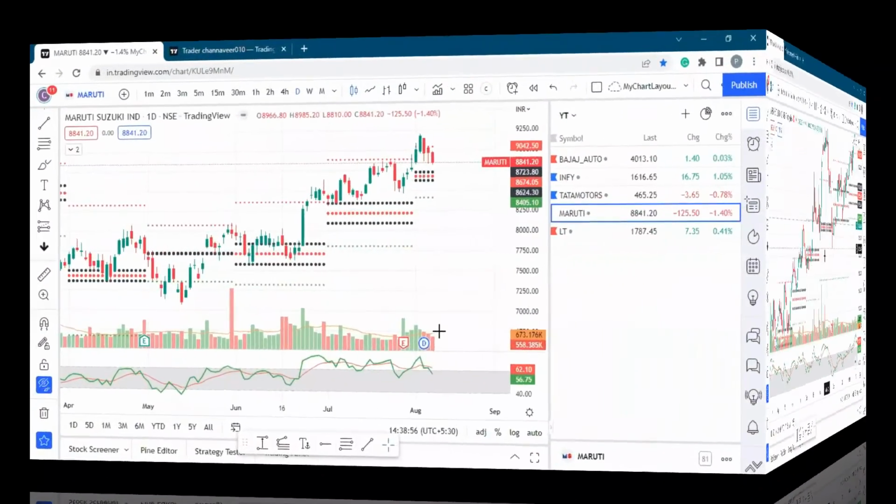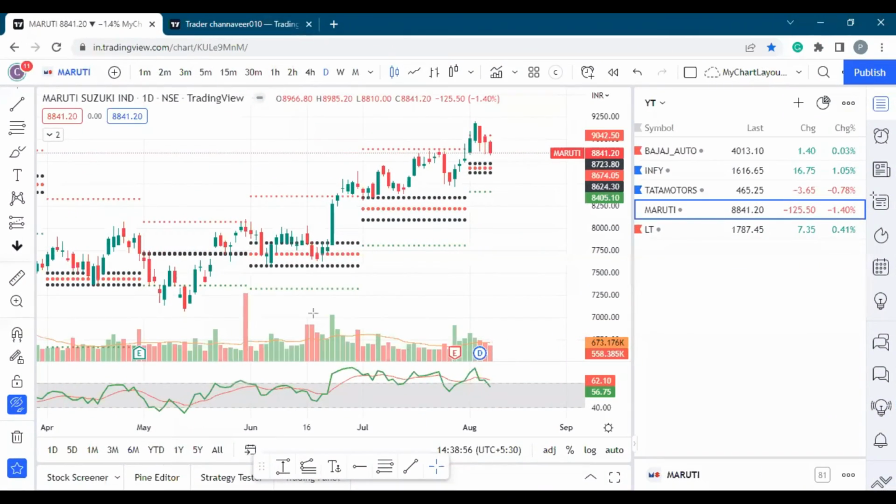Let's go to the other script, that is Maruti. You can clearly see there is an opportunity here, there's an opportunity here, there's an opportunity on this. However, the first opportunity can be ignored because there is an overlapping CPR. Then the third opportunity, you can clearly see, if somebody would have taken the break of R1, then the SL would have triggered. So that's part of the game. So just be very optimistic, but here it would have given a good reward.